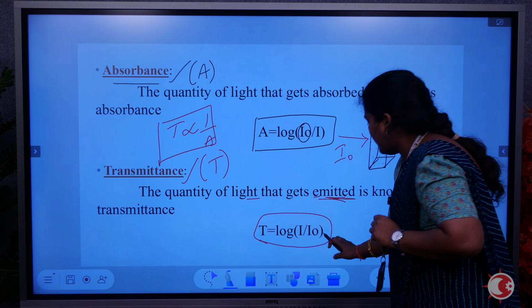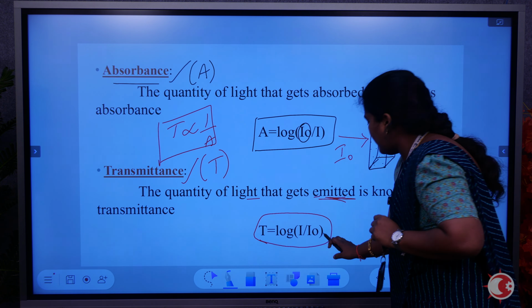Now let's get into the absorption laws. When you see here, there are two laws. One is Beer's law and another one is Lambert's law. Who are these Beer and Lambert? These are two scientists. What Beer said is that absorbance is directly proportional to the concentration of the solution. That means when I am passing some radiation through a sample, the absorbance is directly proportional to the concentration.